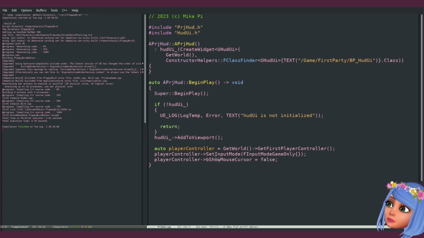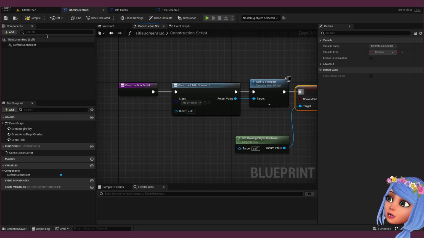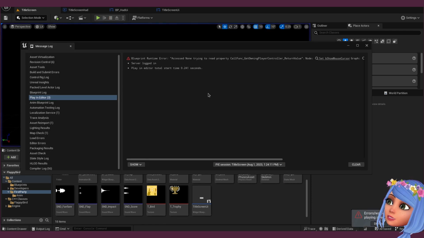And I think the gameplay mode doesn't matter. So we should have the UI now, yeah, and on pressing start,